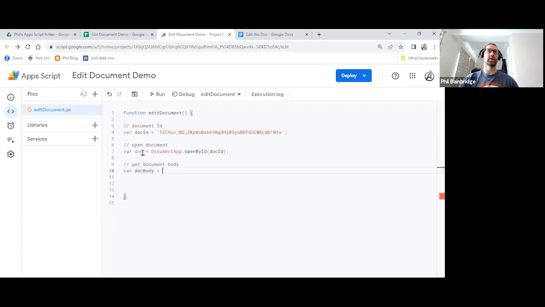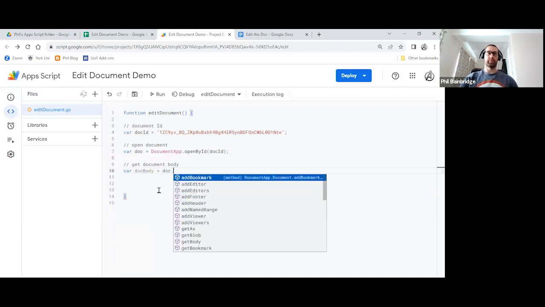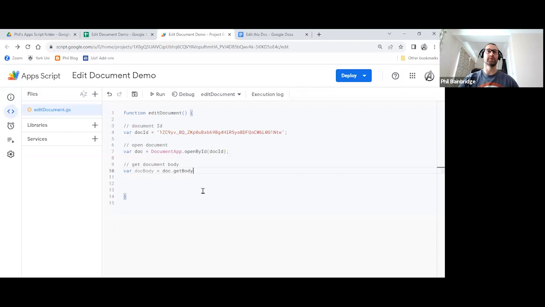So we have doc here on line 7 as the variable. So if I type doc there, and then put my full stop in, we want to get the document body. So we're going to get, and as I start typing, because B is high up in alphabetical order, body is there for me to be able to see. So if I click on that, remembering to open and close the brackets, we don't need to enter anything this time in there. Semicolon to end that line and save to check you're happy.